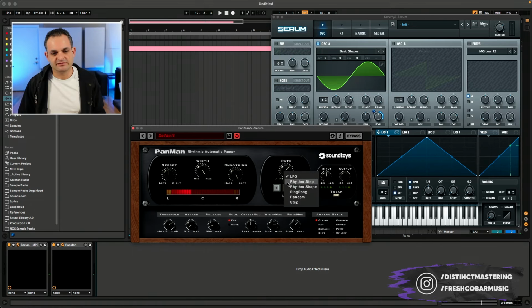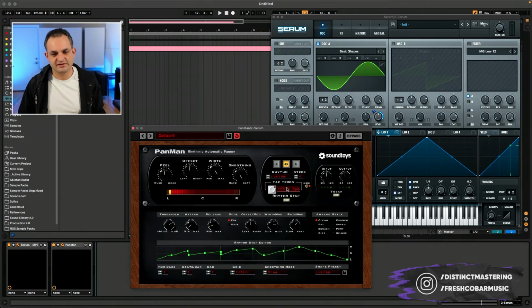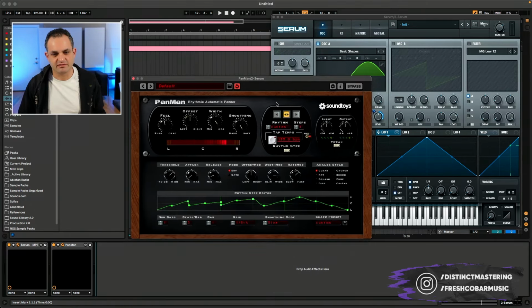Taking a look at the next thing, you'll see as I change these, the tweak parameters will set. So now we're on the rhythm step. And this one's cool because you get a bunch of preset rhythms. You can go from these presets to bars, notes, dotted, or triplets. So this is really cool because I could go, say, 16th notes, and I could say 4 steps, and I want hard smoothing. And then what happens is you see the actual rhythm step editor down here, and you can